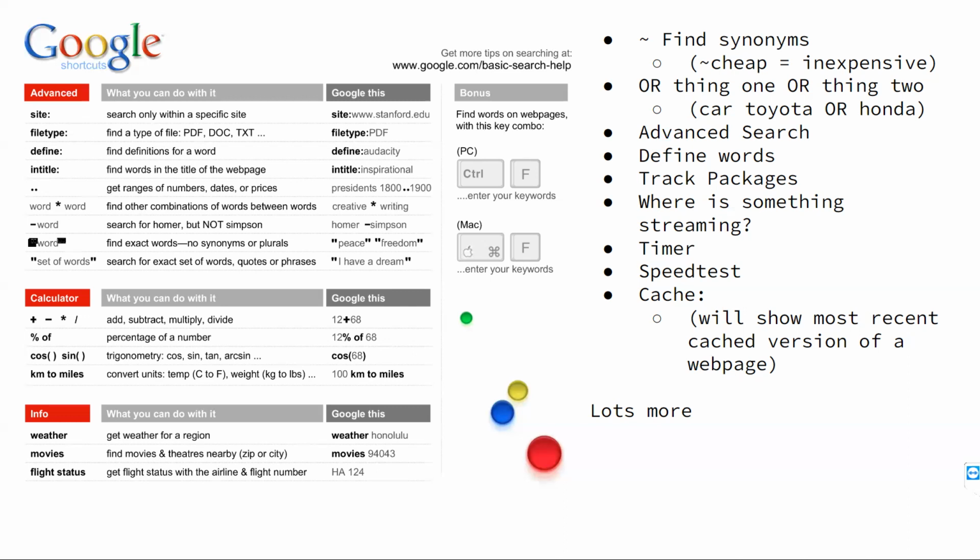There are so many things that Google search can do. It's kind of daunting. So we'll skip a couple, but one thing I do find very useful is speed test. If in Google search, you just type in speed test, the first result you'll get is an option to do a speed test. A speed test will tell you how fast your internet connection is. So if you feel like your internet is slow, you can just go to Google, type in speed test, and then you can hit the button and it will tell you how fast your internet is.